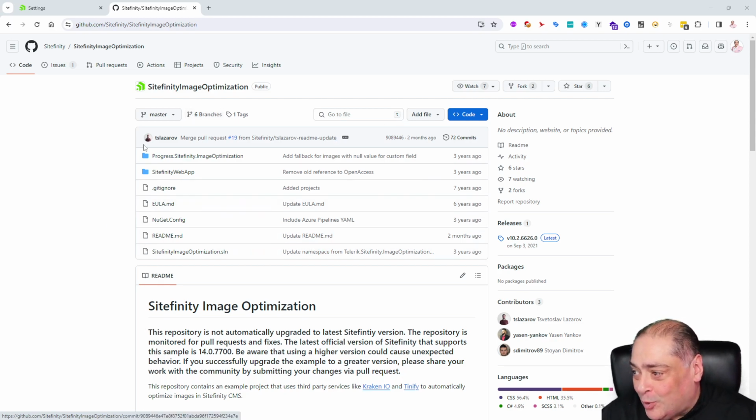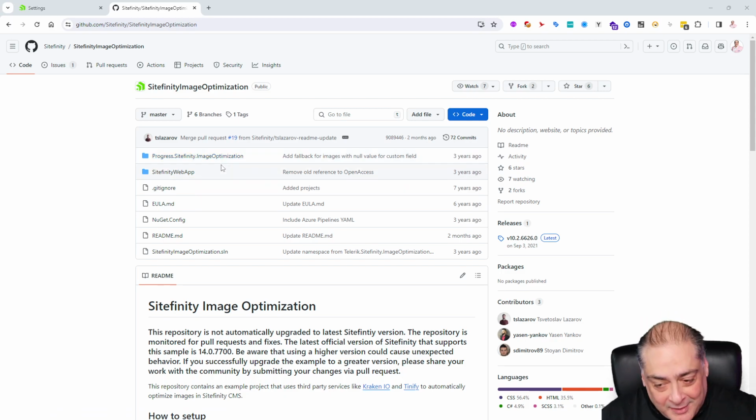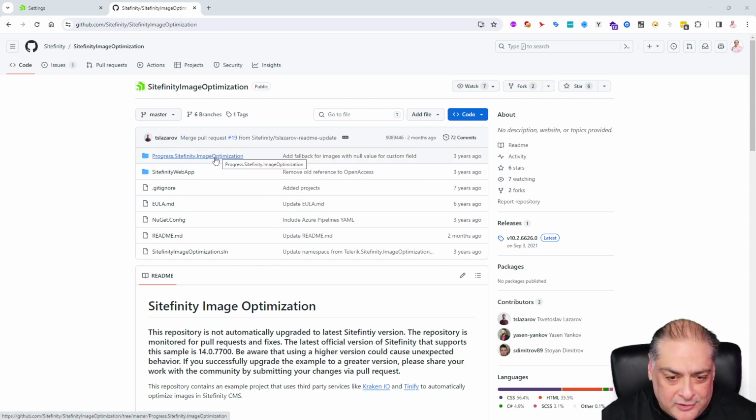I will have to clone this project, and I will need to upgrade my Progress Sitefinity image optimization to the latest version, which is 15 something. And now I can actually use that assembly with the rest of my application written in 15 something as well. Alrighty, but the good news is the code, most of it is right here, and I'm not going to go through this code in this video, but maybe in another video we'll go through the code to explain exactly all the interfaces and the functionality that has to be overridden